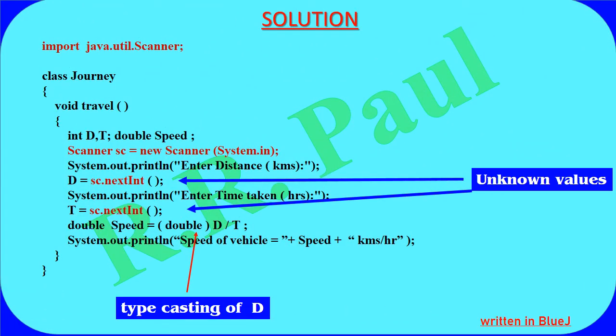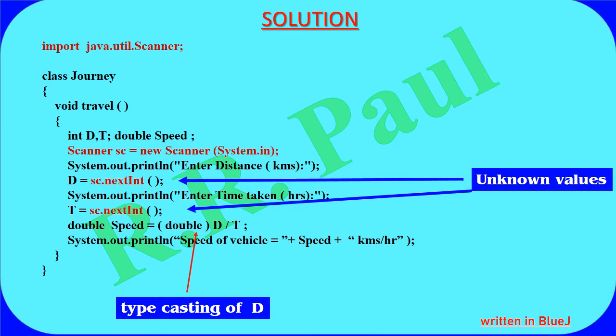Solution of that program. On the top of the program, please notice the import statement: import java.util.Scanner. It will help us in importing the Scanner class in our program. And when we get the Scanner class, then we will be able to create its object. And once we get its object, we can use the functions of the Scanner class to carry out the various tasks.